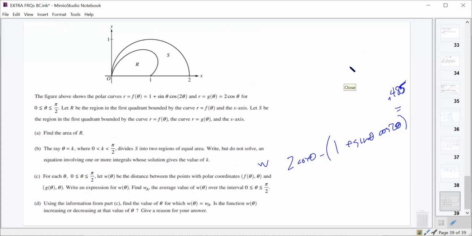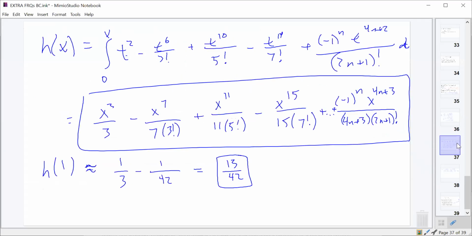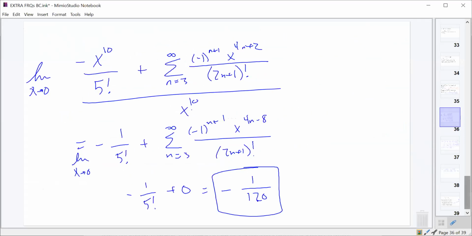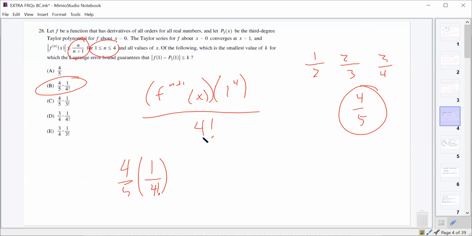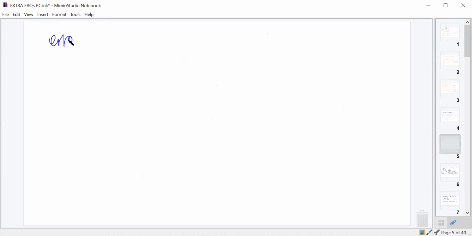Sure, the Lagrange error bound. I'm just going to use the last one, the multiple choice that we just did. So the Lagrange error bound literally just says that the error, if you truncate the polynomial after n terms, I'll make a new page for this, the error using the Lagrange error bound, so if I truncate after n values,